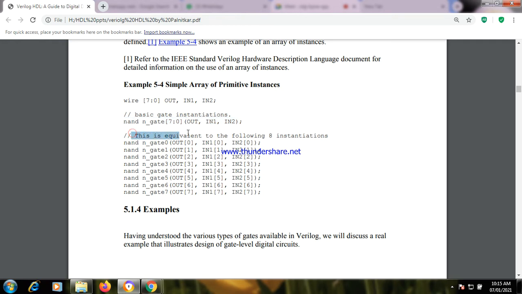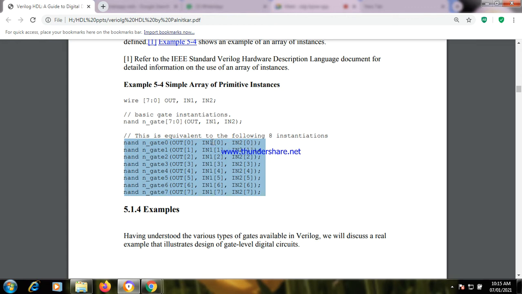Check this. This is equivalent to the following 8 instantiations. What he is showing is that this part is the same as this array. Here he is separately creating those 8 gates. Just check this. This is the first NAND gate: NAND n underscore gate 0. The output is out 0, in 1 0, in 2 0.